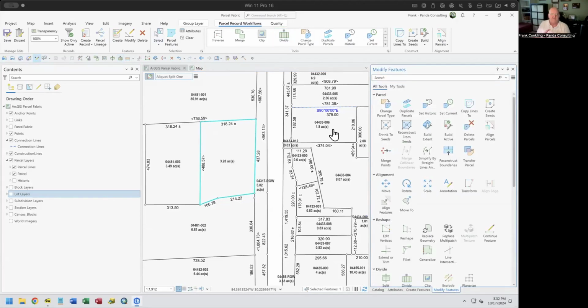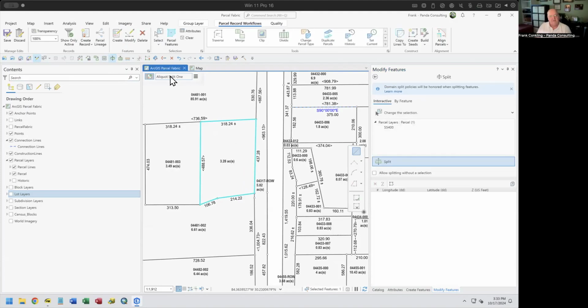Instead, in this type of an instance, one in which we are going to be slightly different, it's not a straight line. It's some sort of bend in the line, or there's a curve in the line or something. It's a slightly different workflow that we want to go and take. In this case, what we're going to do is we're going to go and do a split. So again, we still have an active record. We're going to do a split, but we're going to get a little tricky this time. This time, instead of drawing the line, and we could draw a separate line, or we could go and scale it,